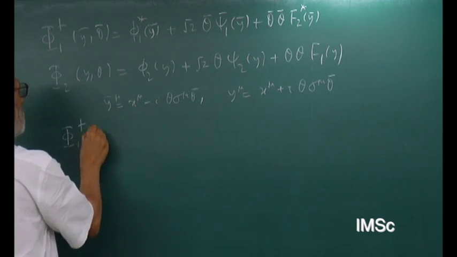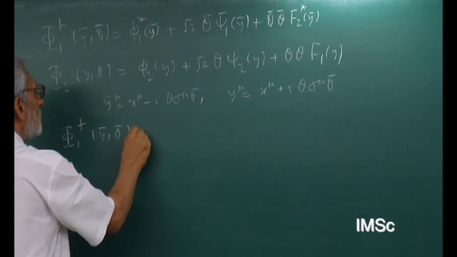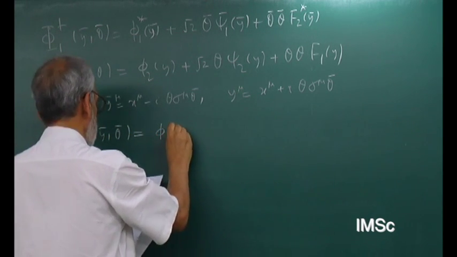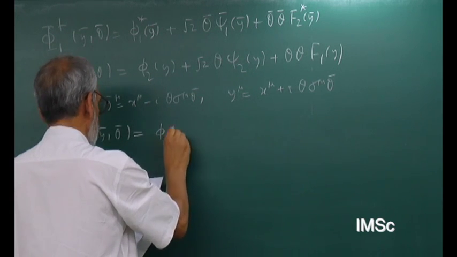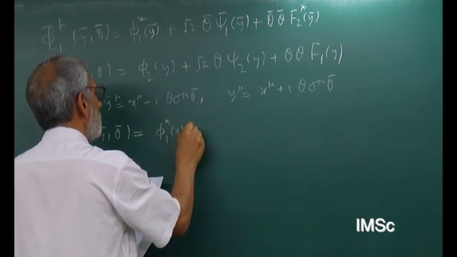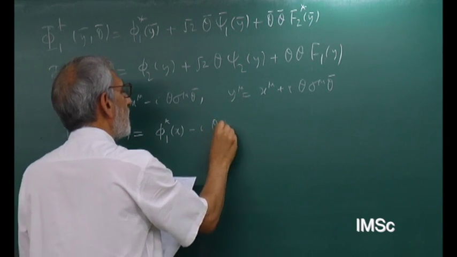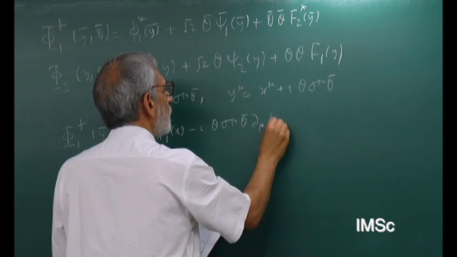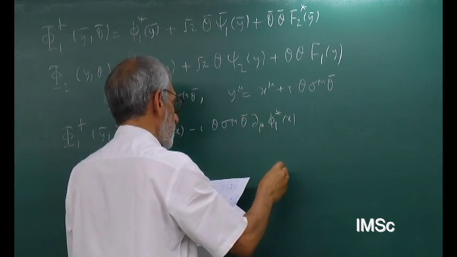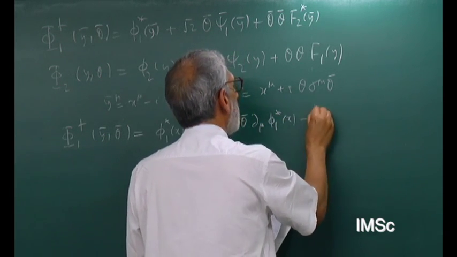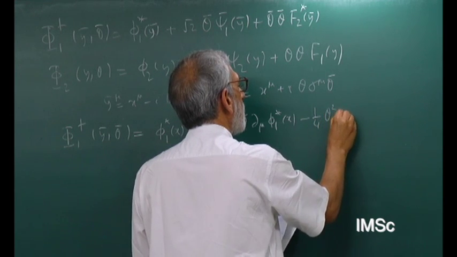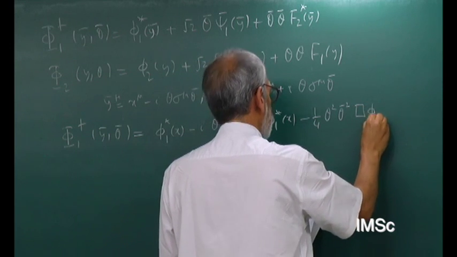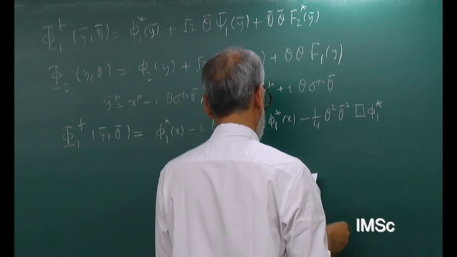And this expansion I think we wrote was phi 1 star of x, minus i theta sigma mu theta bar d mu phi 1 star of x, minus 1/4 theta square theta bar square box phi 1 star,